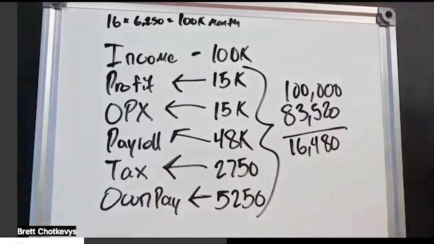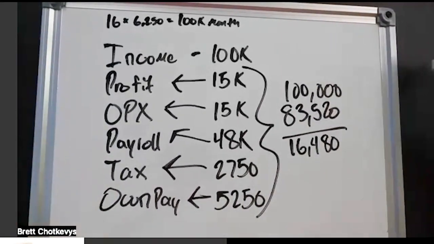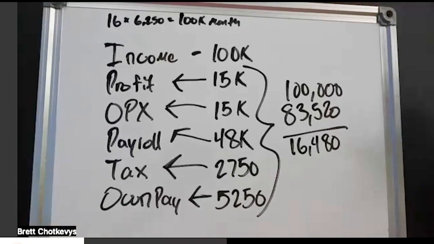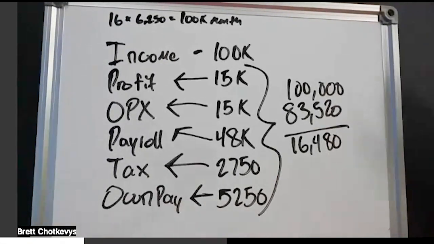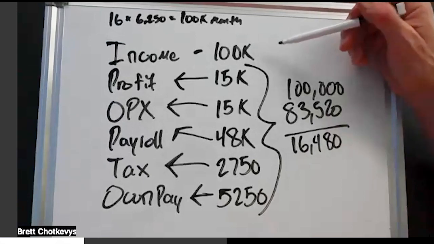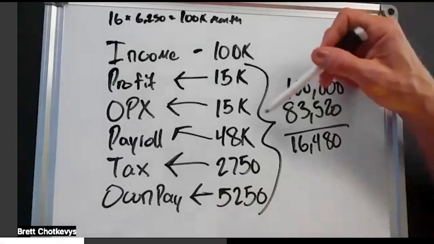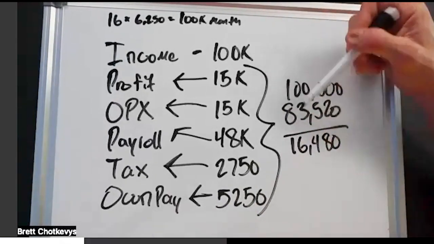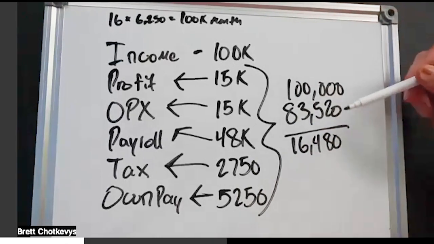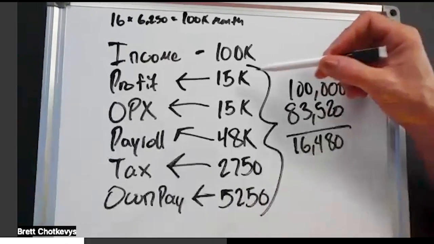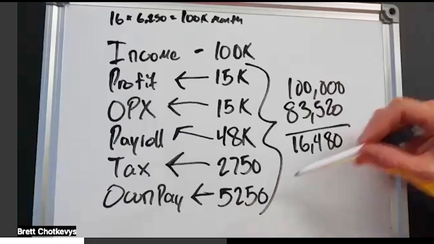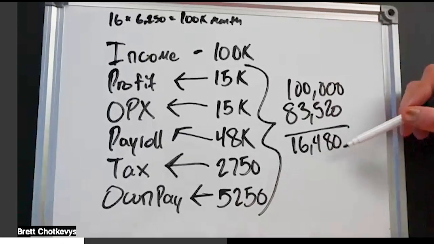All right, let's talk through this. Every single month, there is money that stays in my income account. So let's stay here for this example. You've got 100 grand that comes in. I split off all these monies right here. That's 83,520, which really means after I transfer to these five different accounts, I still have $16,480